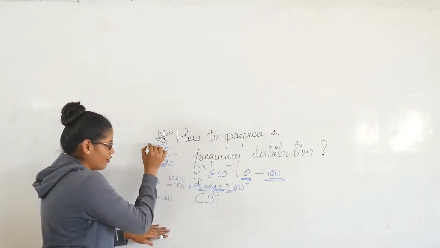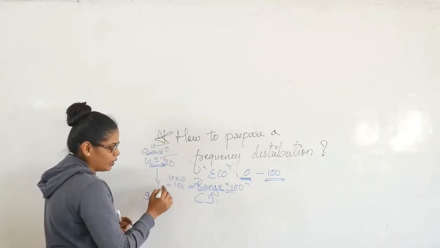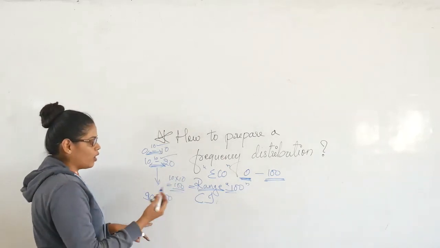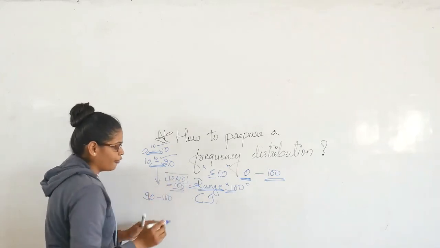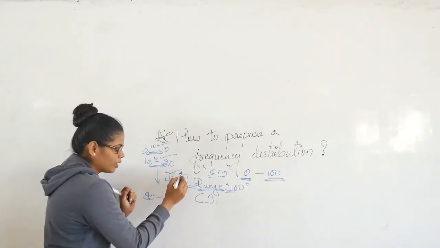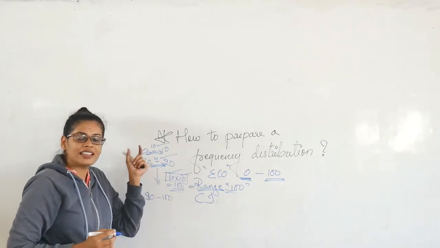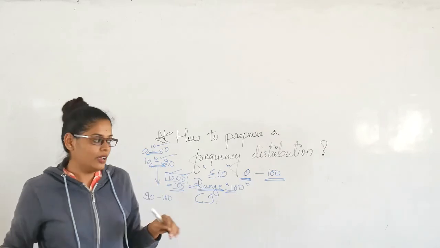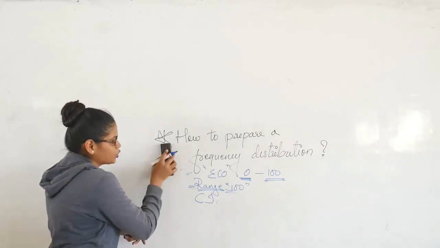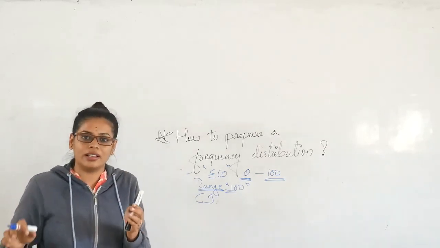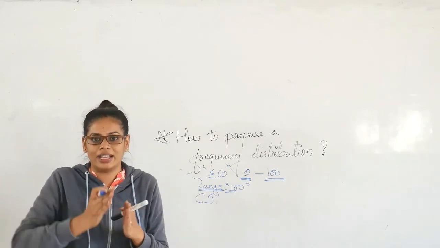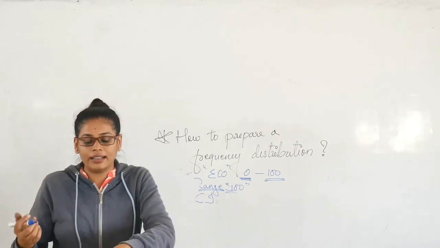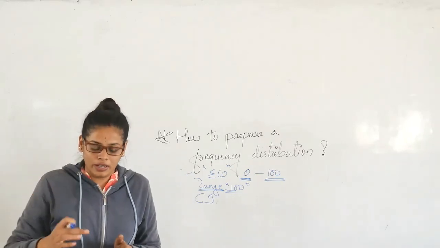So the sum of the class intervals equals the range, and you can also call it the product of the number of classes and the width of each class, if they have equal width. So these two questions are interlinked with each other. Once we decide the range, we can easily decide the number of classes and then the class interval. That gives us the interlink between these two questions.